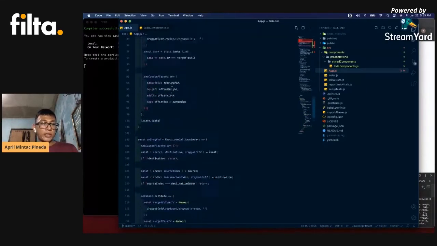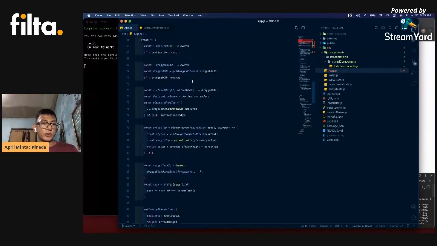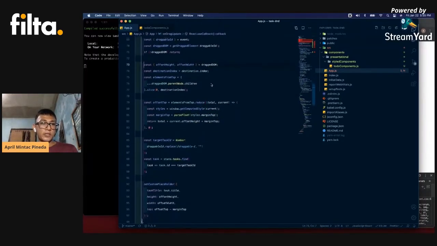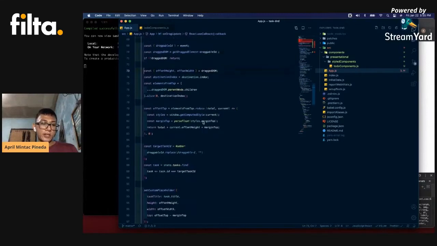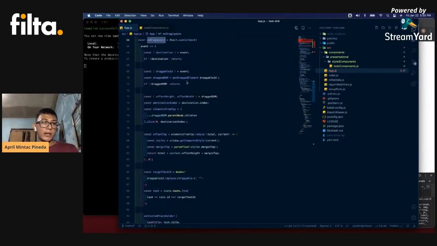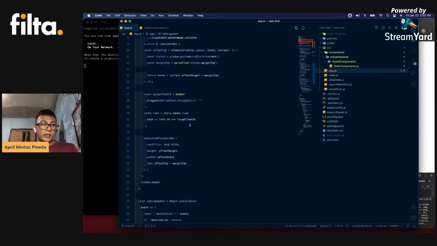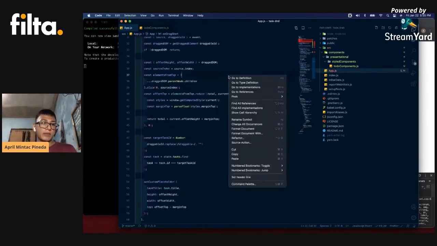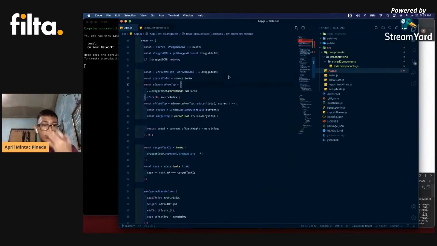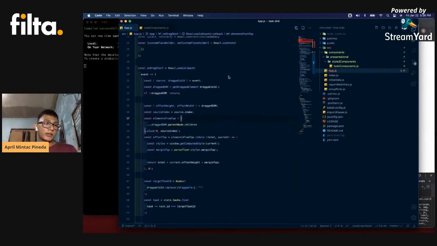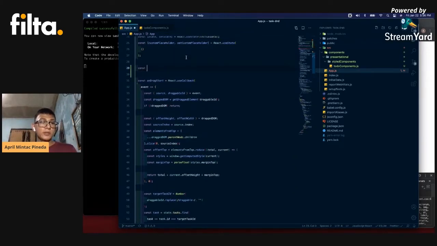And then the next thing that we can do here is to minimize these functions because as you can see, there's some redundancies here. So this on drag update and I believe the on drag start as well, they're doing almost the exact same thing except they're dealing with different variables. So we can actually extract the functionality and have that into a separate function that accepts some variables and then just computes based off those variables.